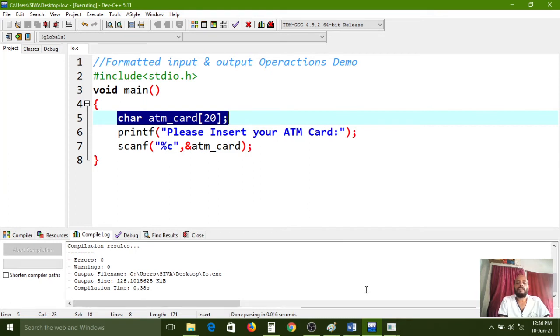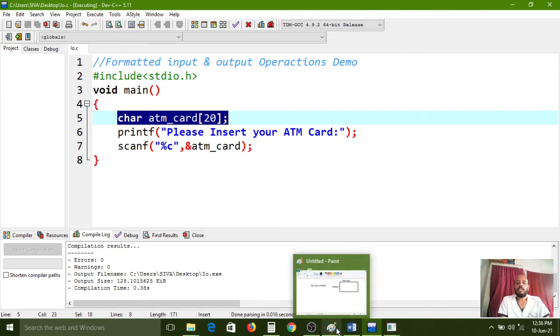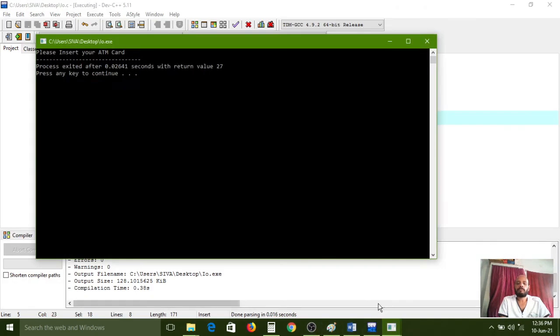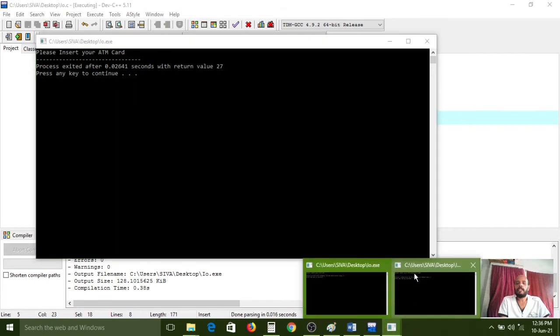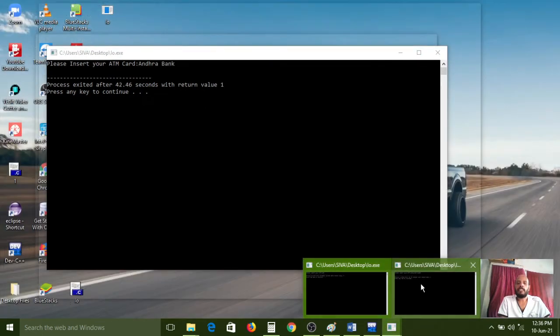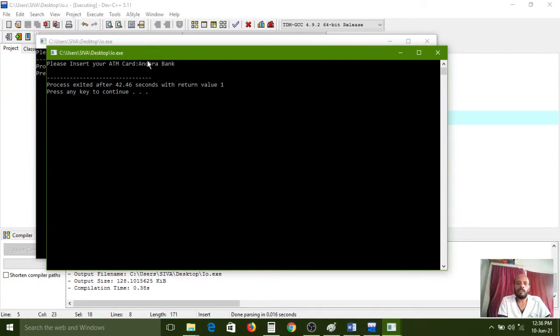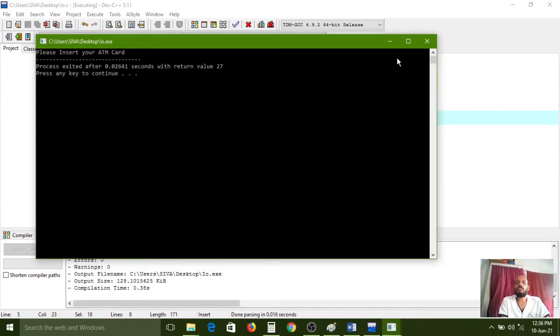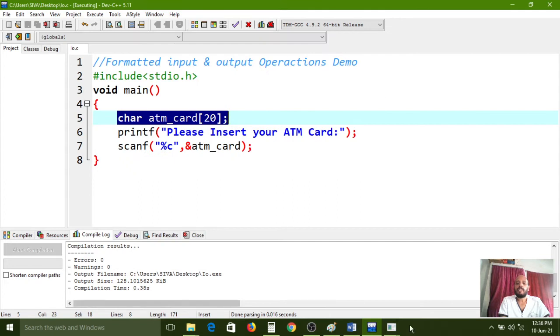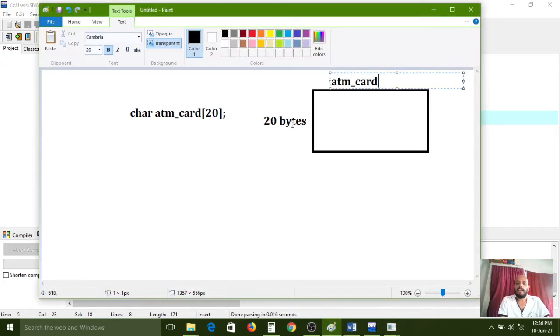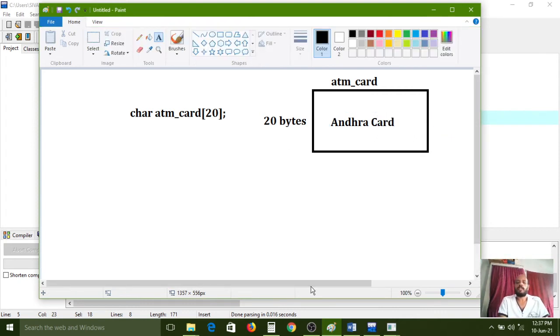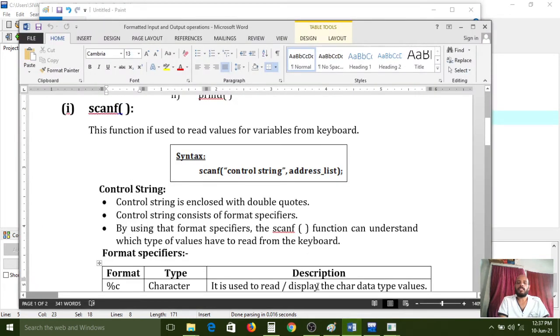That is the information we are giving. After giving ATM card here in the input format, what value did I enter? I entered the value Andhra Bank. That Andhra Bank value is first collected by the scanf function. Then it is stored in the memory location allocated for the ATM card. Internally, that value is stored in that place. Understood? That is the process going on using the scanf function.